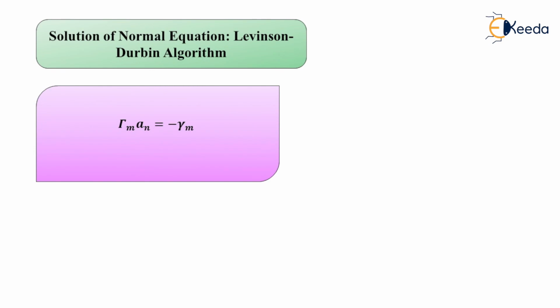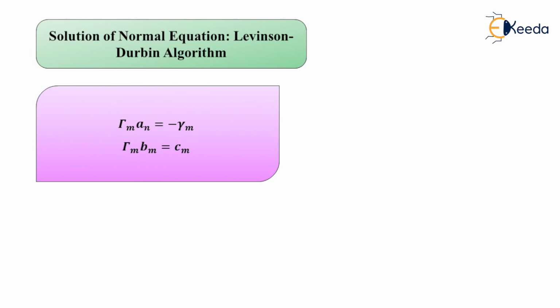So in the more general case where the vector on the RHS is some other vector, let us say it is denoted by small c of m, the set of linear equations can be solved in a recursive manner by introduction of a second recursive equation to find the solution to the more general linear equation shown as capital gamma suffix m multiplied to b suffix m is equal to c suffix m here. So this just results in the case of a generalized Levinson-Durbin algorithm here.